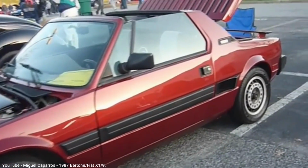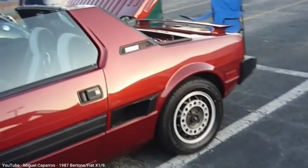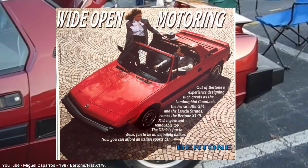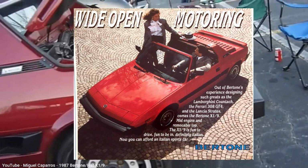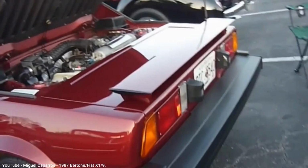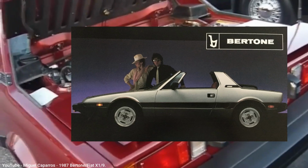Now no longer the only affordable mid-engine sports car for sale in the US, and still sporting its original wedge shape, which by this point was looking far more dated. Sales of the X1 dropped to only 1,400 in 1986, and less than 400 were sold in 1988. Although 1989 was the official last model year, remaining unsold models were available for sale for the next few years,